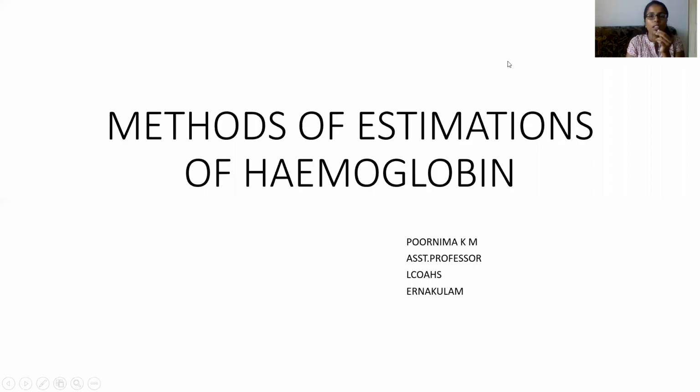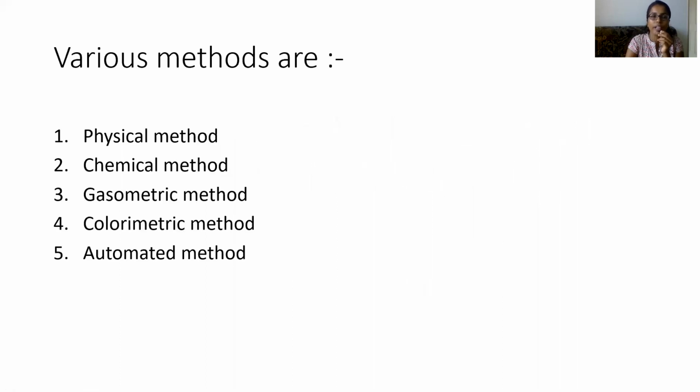Good morning, all. Today we're going to discuss various methods of estimation of hemoglobin. Basically, there are 5 different methods that can be employed for the estimation of hemoglobin. They are physical method, chemical method, gasometric method, colorimetric method, and automated method. So let me discuss in detail all the 5 different types of hemoglobin estimation methods, of which the first one